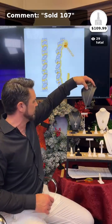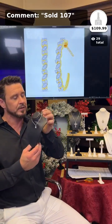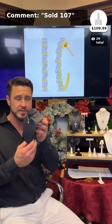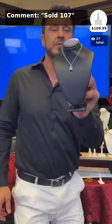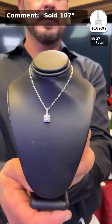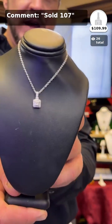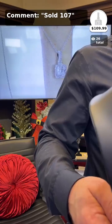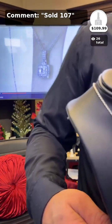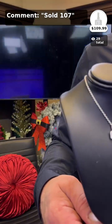If you're a lover of diamonds with that platinum look, these do have platinum overlay over sterling silver. But the good news is it's not going to cost you $600. It's not going to cost you $700 or $500, even if you get a good deal on it at the retail level. We're doing this, 33 points of diamonds. You've got all these rounds and baguettes strategically placed, lots of detail work there, lots of hard labor that goes into this one, and beautiful blinding white diamonds. Even the double row at the bail, absolutely gorgeous. Friends, we're doing this for